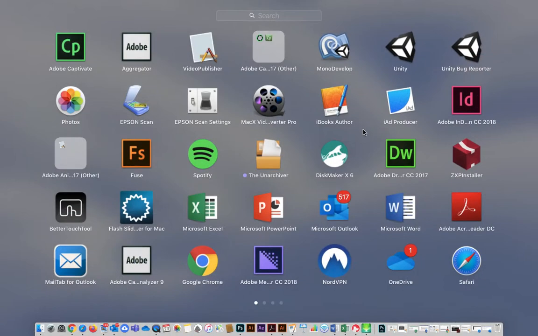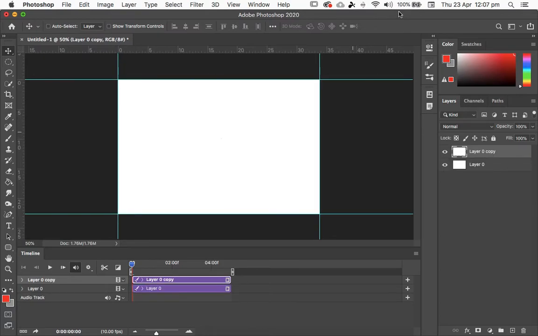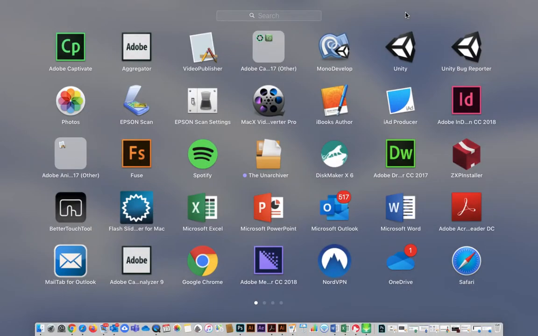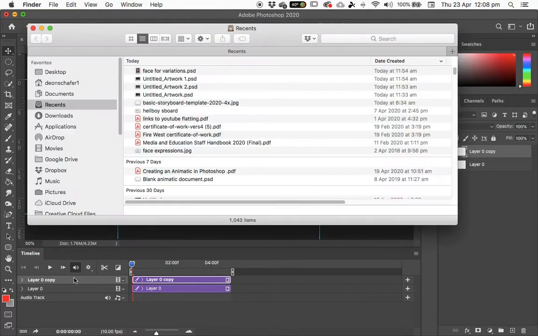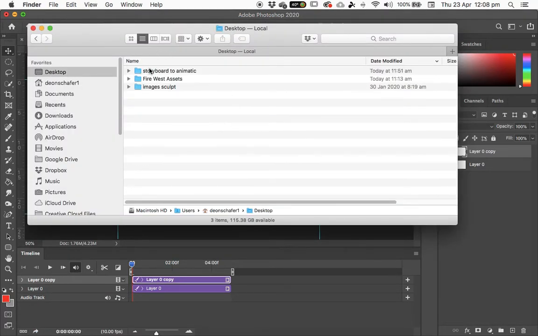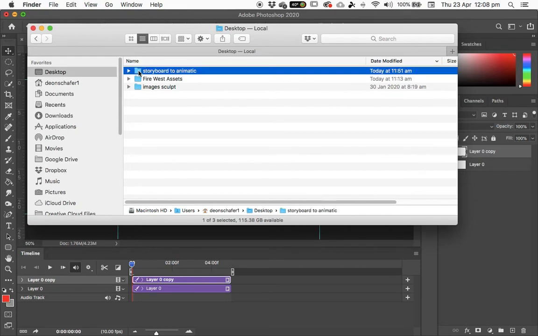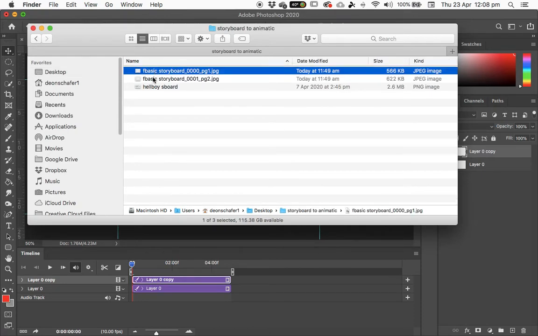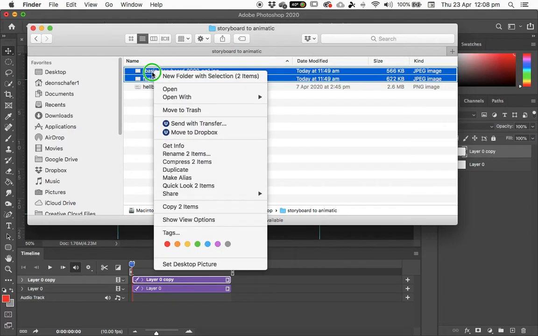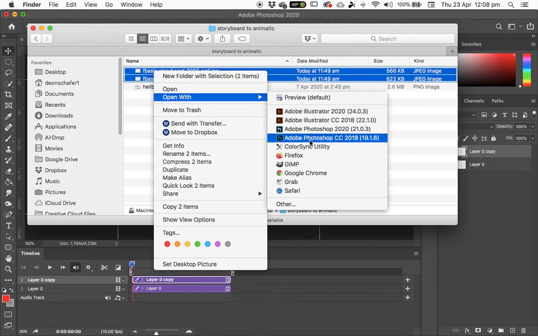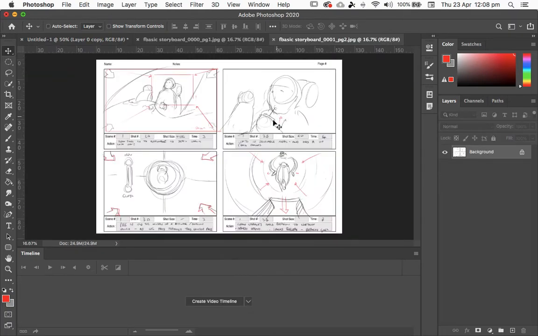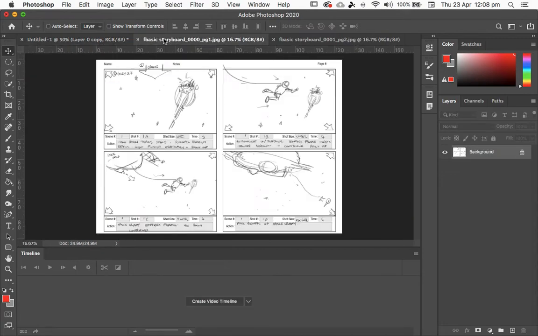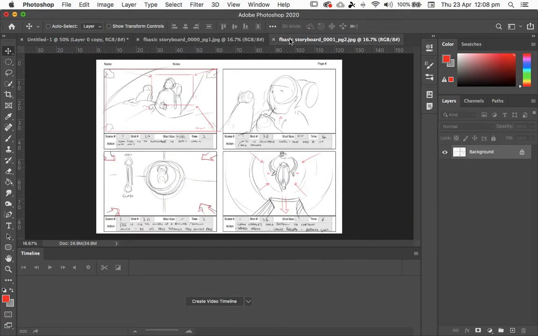So let me just jump out of this, and I'm going to access my storyboards here. Let's jump into my Finder, and on my desktop I have my storyboards for animatic, and I've got 2 of them here. I'm going to open them both with Photoshop. I'll give them a few seconds to open. Now these are really quite simple. You can see up the top here, here's my animatic, and here are my 2